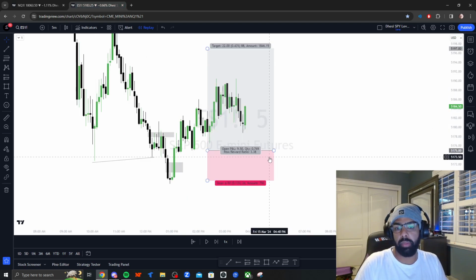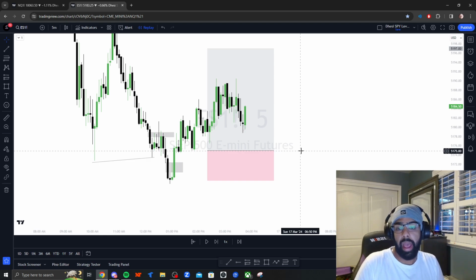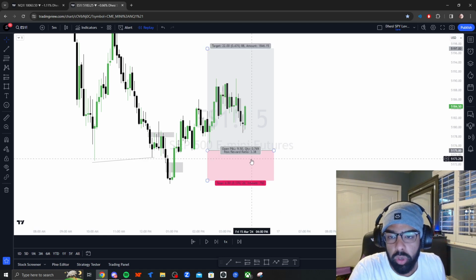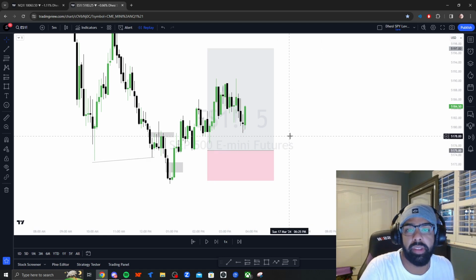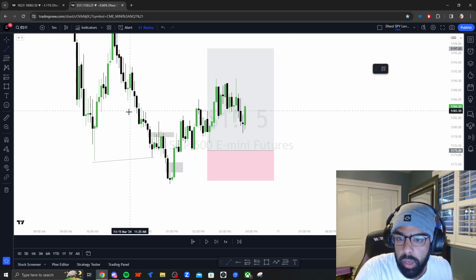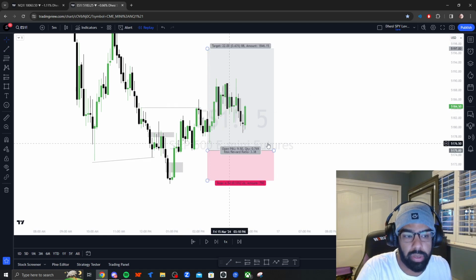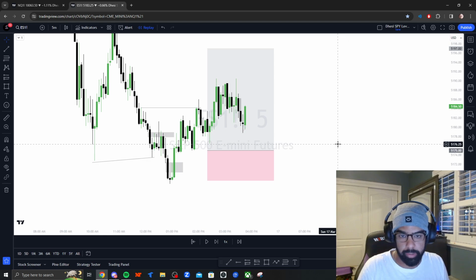I personally got out of my funded account trade after about 6-7 points. I wasn't really trying to hold it for a long time. It's an ETF, which I have a max cap on anyway for my move, and then my area of liquidity that I had was right here, which was around 7, 8 points on ES.